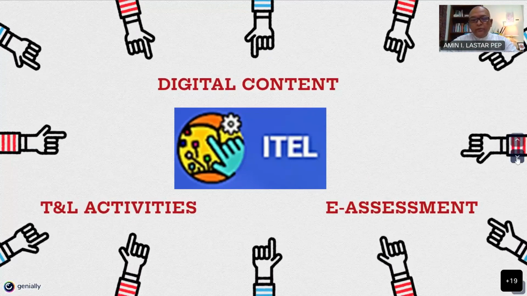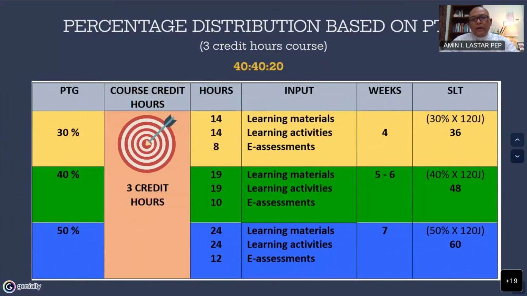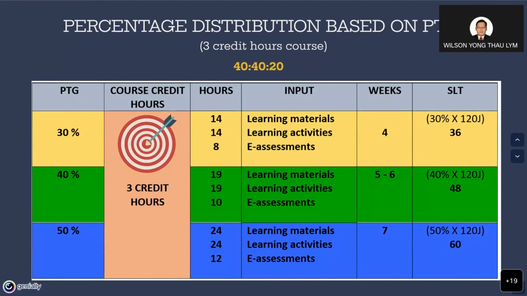So moving on from here, this is what I have mentioned earlier on the PTG. The example I'm giving here is a 3 credit hours course. I'm not so sure, Dr. Wilson, do you have 2 credit hours in your institute, 4 credit hours other than 3 credit hours, or are all the courses 3 credit hours? Yeah, I think we have different credit hours. We have 3 credit hours, and then we're going to have 4 credit hours courses as well.